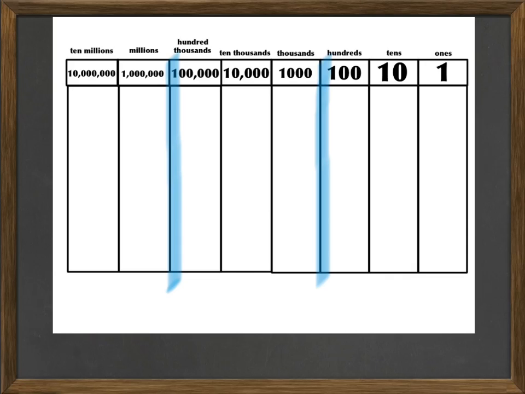So we've got the hundreds, tens and ones over here. The thousands over here, and our millions, and I've gone up to tens of millions, are over